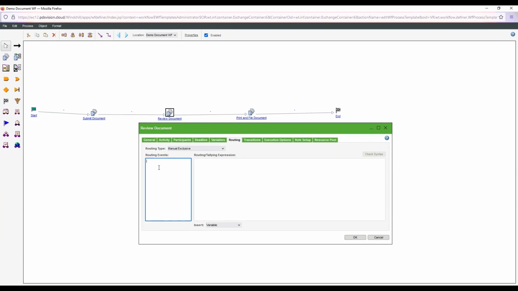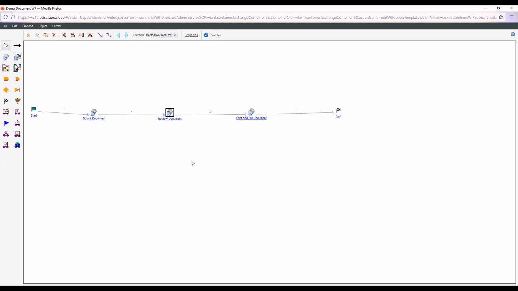So I'll then go in and provide those routing options. When it's approved, the other one is rework, and the other one is reject. So those are the three we have. I'll click OK here, and then you'll see as soon as we've created those routings,